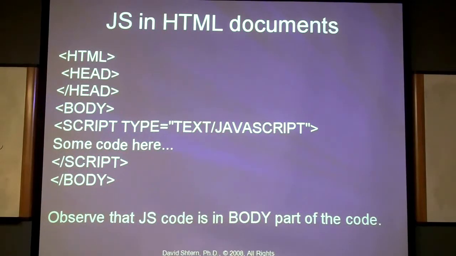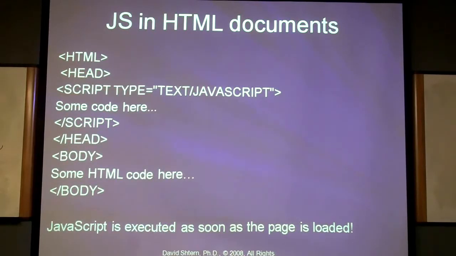So where is JavaScript located in HTML documents? Typically it might be located in the body, or it might be located in the head part, depending on the goals. In the body, as we did before, we say script, then specify the type, put some code here, and then closing script. And this document typically contains HTML code as well, basically text, images, streaming, and whatever. It may also be placed in the head part, which means that when the page is loaded, JavaScript might be immediately executed.